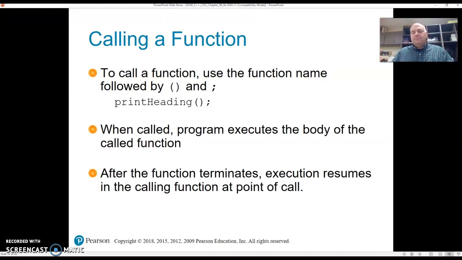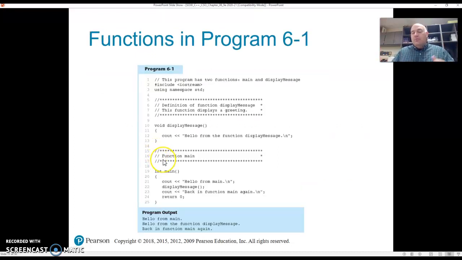All right. So here's a program that just displays a message. It's very simple. Here's the main function where things get started. All right. It says hello from main. All right, just outputting that. You can see that's what the output is. Then in the next line of code it calls,